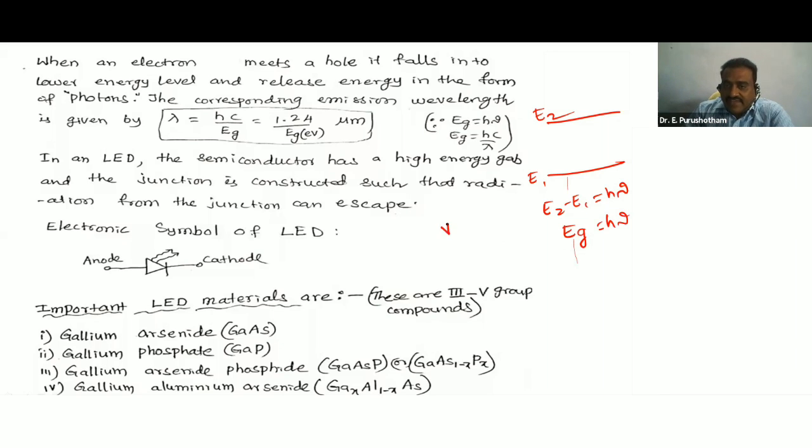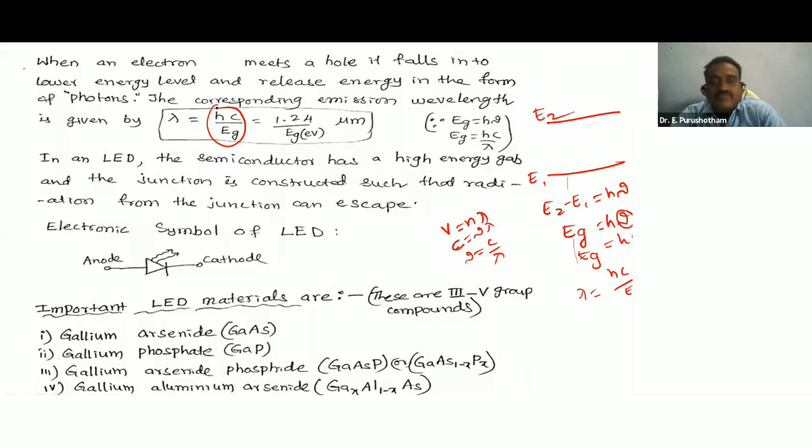You know very well, v is equal to nu lambda from your 8th class. Here c is at the place of the velocity. This is c, this frequency nu, lambda as it is. From this, nu is equal to c by lambda. At the place of nu, just substitute c by lambda. So Eg is equal to hc by lambda. From this relation, wavelength is equal to hc by Eg. You can see here, this is hc by Eg. That is the corresponding wavelength.